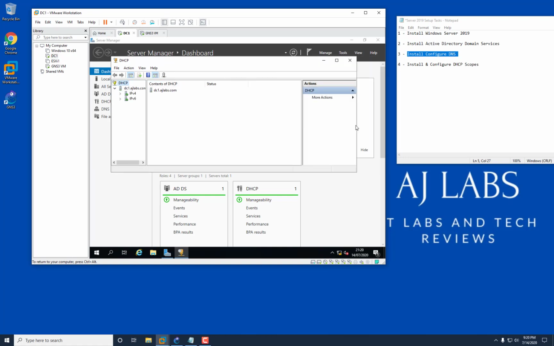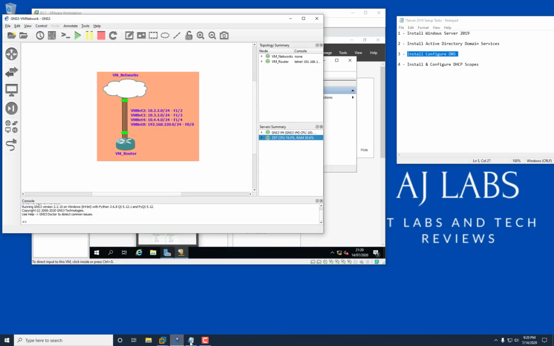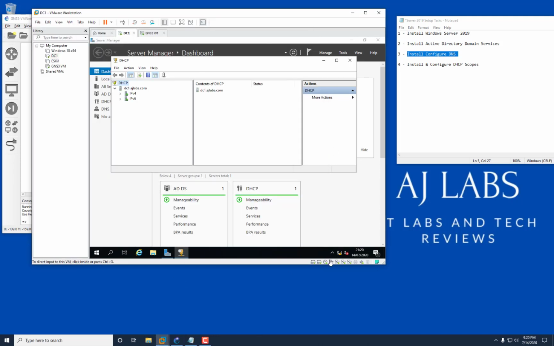So let me just expand this. As I said, let me just show you my GNS3 network, which I'm using. So this is my GNS3 network. This GNS3 router, it's a Cisco router, is routing my traffic for all of these different networks, 10.2, 10.3, 10.4, and my home NATed broadband router network. So all these different connections, VMnet 2, VMnet 3 and VMnet 4, if I go back to my server,